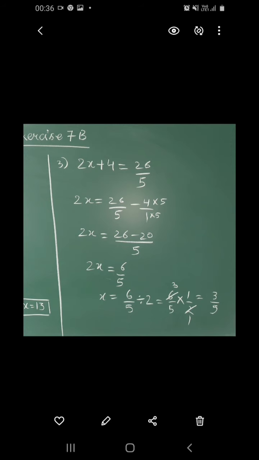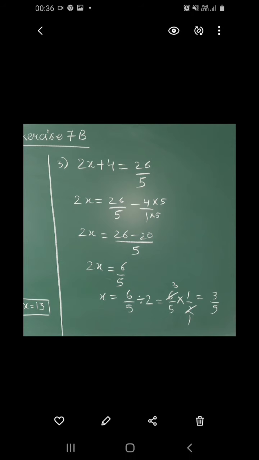Just take the reciprocal of the second fraction and multiply it with the first one. So that is what I have done in this question. And I have checked whether it can be simplified or not. So 2 ones are 2, 2 threes are 6. It was possible to simplify. So now what is the value of x? The value of x is 3 upon 5.